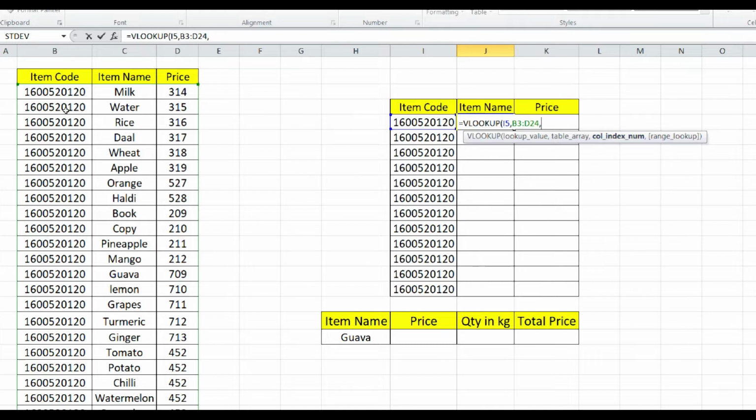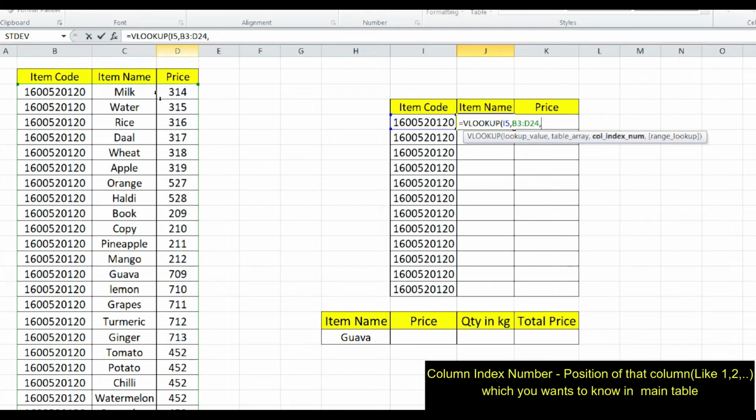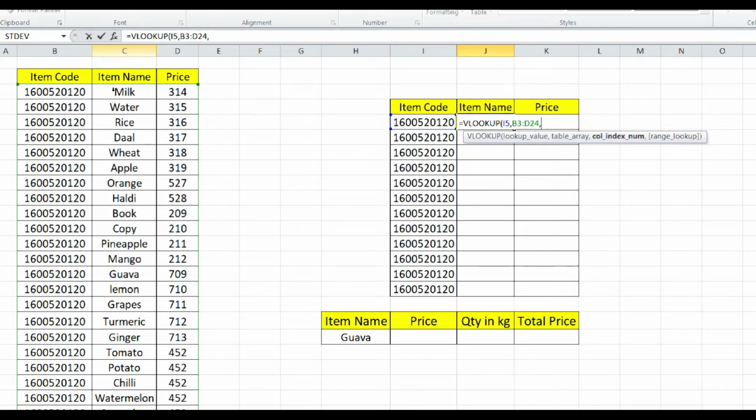In the main table there are three columns, B, C and D: the first is item code, the second is item name, and the third is price. I want to know the item name, and the item name is in the second column, so I will write 2 and separate it with a comma.